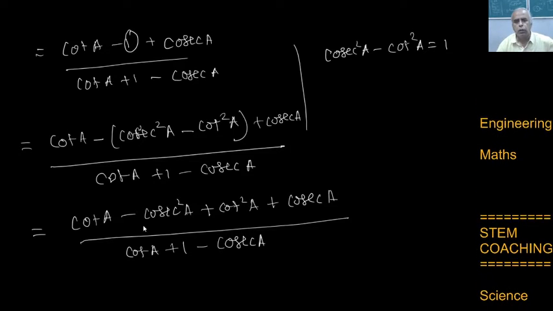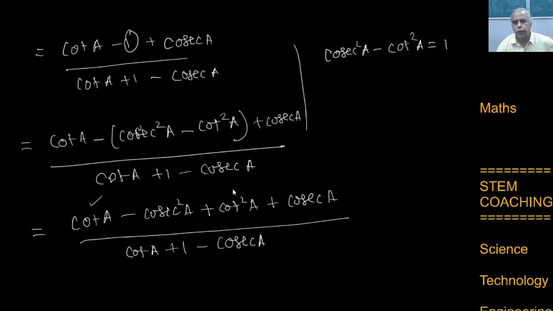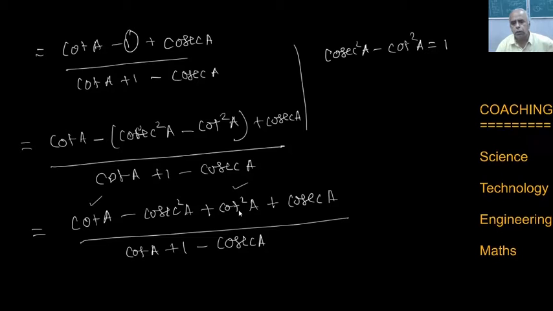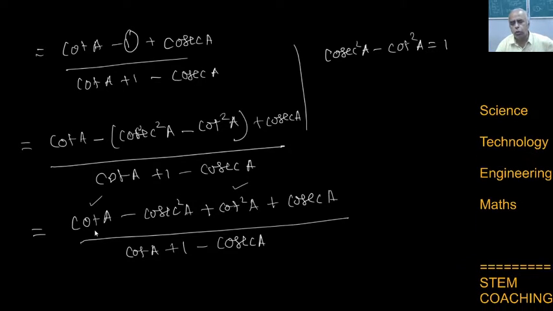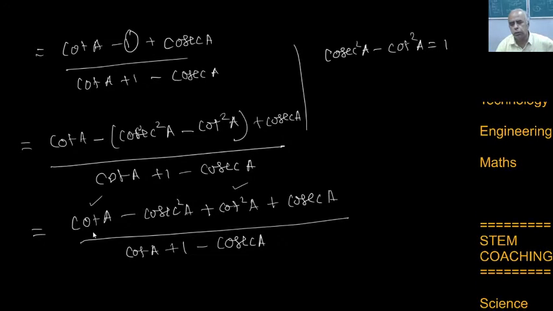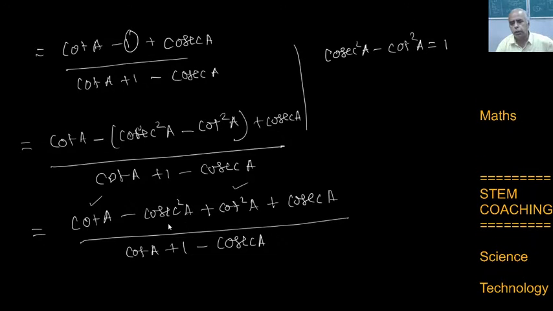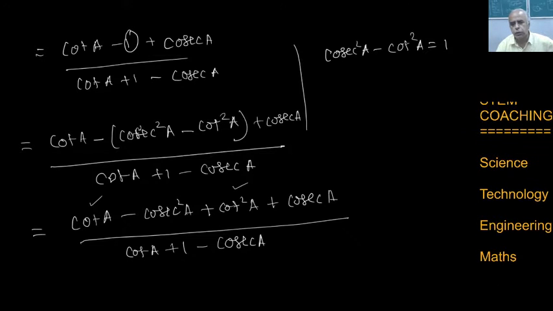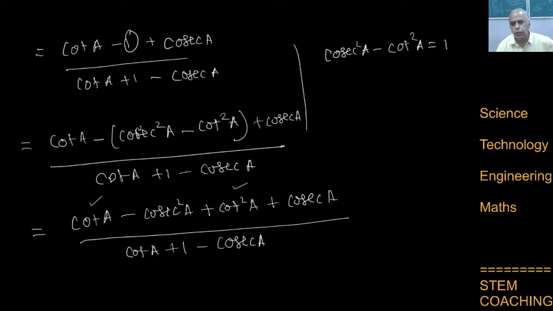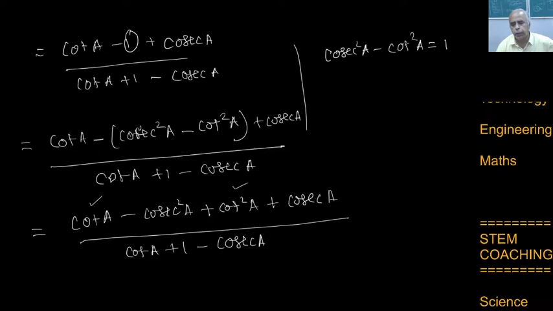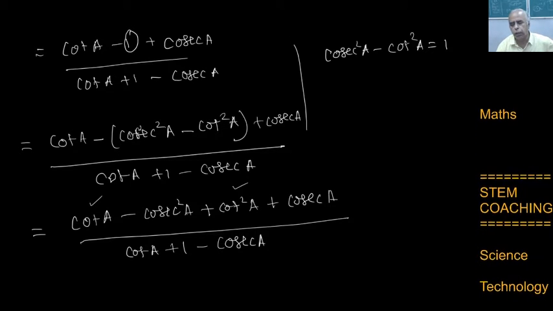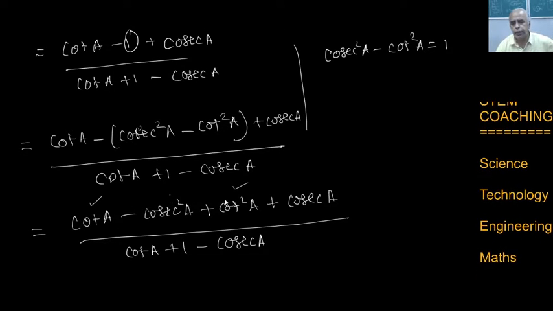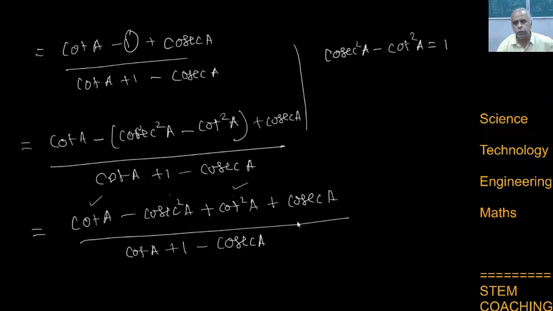Right? Now see, you have got cot A, cot squared A. Is it not? Which is common? Cot A is common. Am I right? And similarly here you have cosecant A. Is it not? Okay. So what you can do, you can apply the A squared minus B squared formula. Am I right? You have got this cosecant squared A minus cot squared A. You can reverse it suitably.